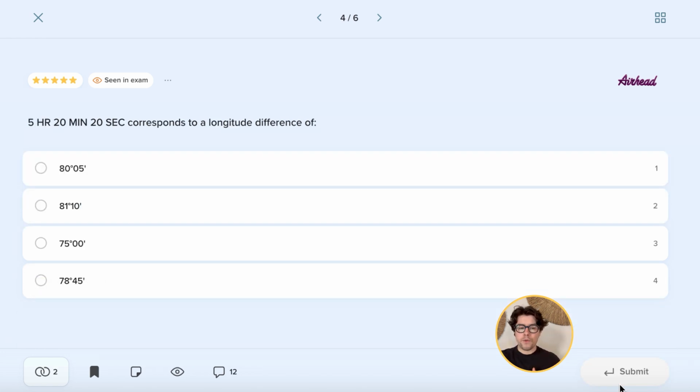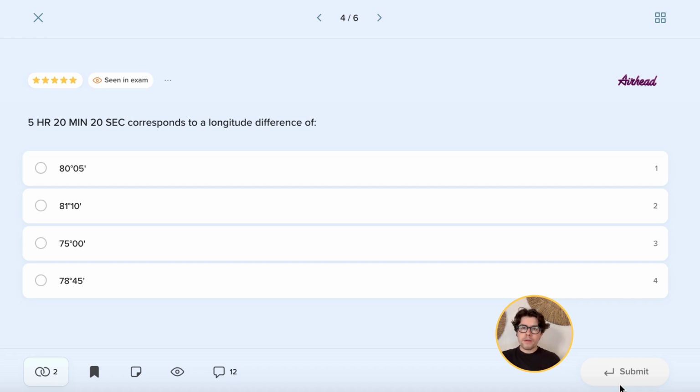For question number 4, 5 hours, 20 minutes, and 20 seconds corresponds to a longitude difference of. Again, as I mentioned before, this is a very, very straightforward question. You can solve it in many different ways. If you have a calculator with the DMS button, you can simply put it in there and you'll get the correct answer straight away. The way I always did it, and I recommend you do it as well, just for